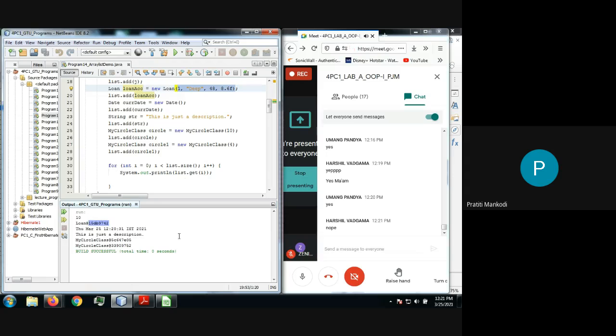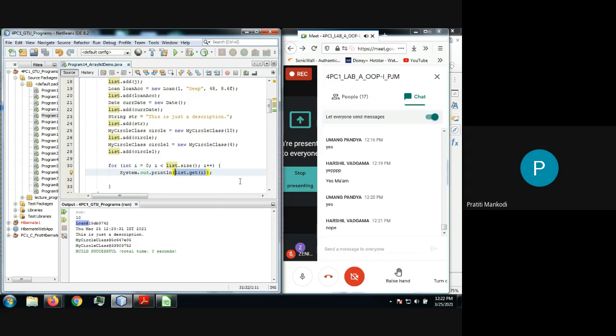No. Why? Because let me show you. See what this get method will return. Every time your get method is going to return an object. So whenever you try to print the object using System.out.println, the object is actually referring to some memory location, right? So when you try to print an object, it is going to print some random value, that is a random ID. This is a hexadecimal ID, even we don't understand this. And it will just give you the information that this is of type Loan, nothing else. We don't know the content of this object because it is a default message, right?